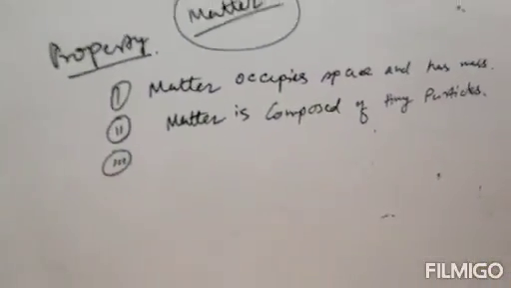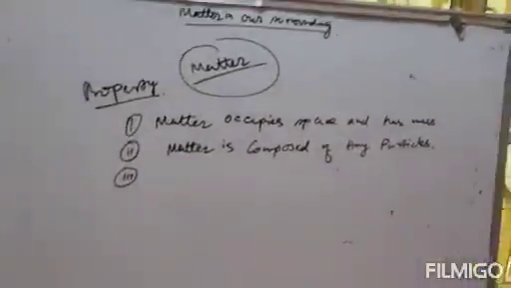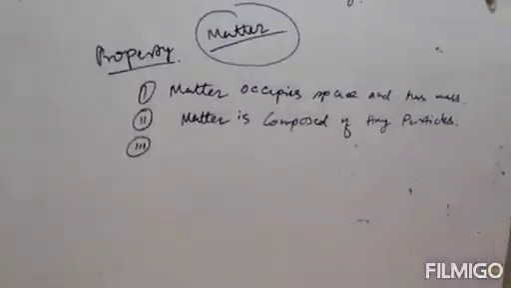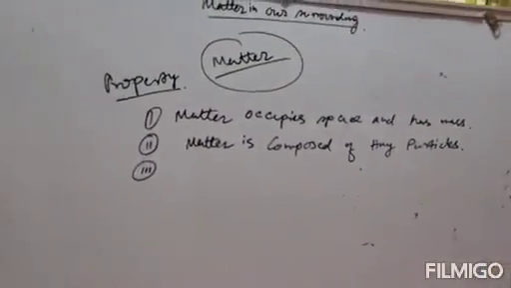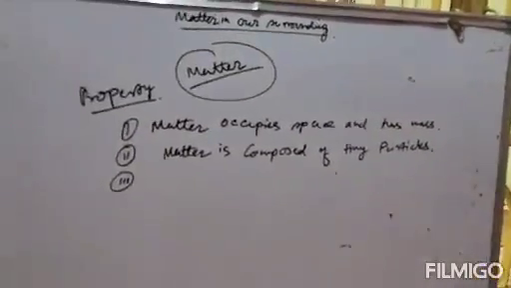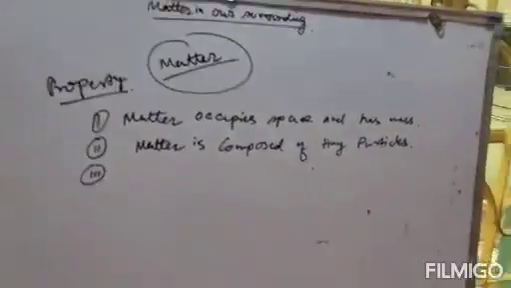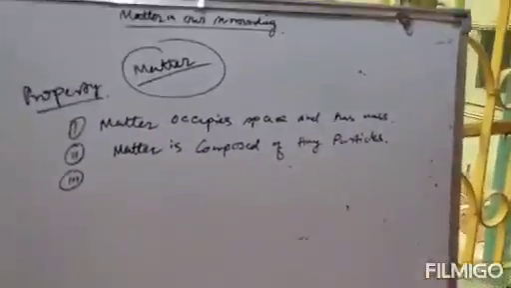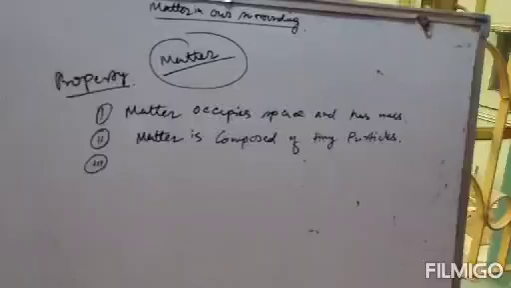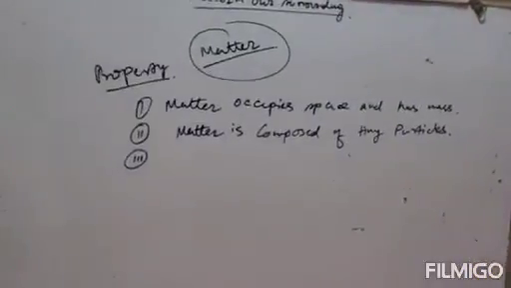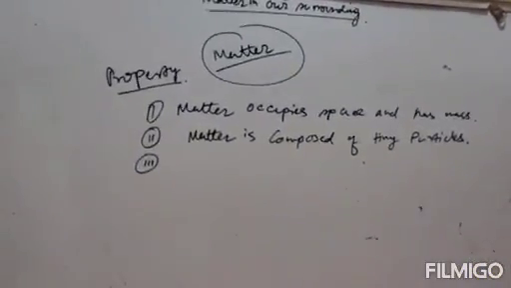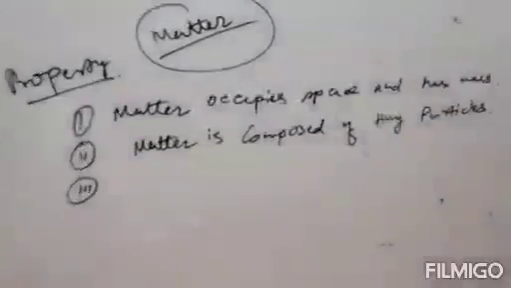Number three property, there are attractive force. There are attractive force between the molecules of matter. Strong attractive force or weak attractive force, whatever, maybe strong, maybe weak, but there is an attractive force between the molecules of matter. So number three property is